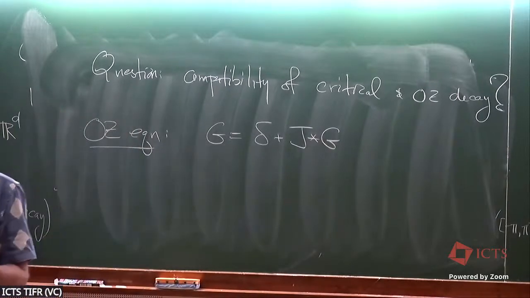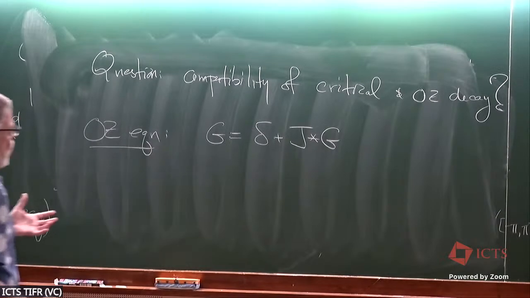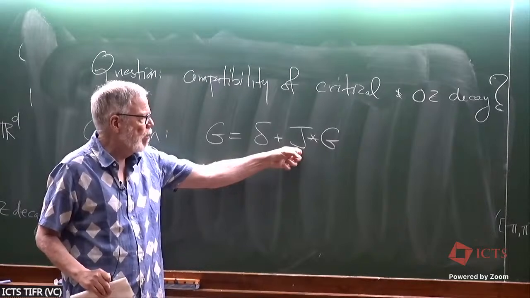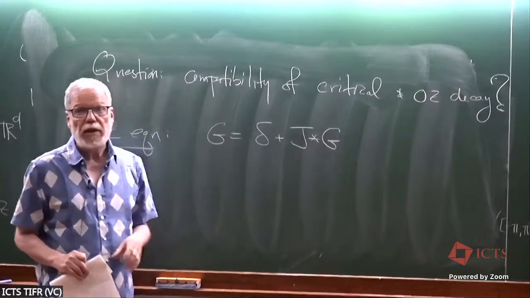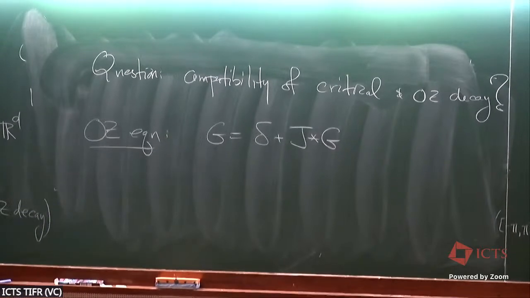So in our setup, this J for simple random walk, for example, would be what I call 2 times the dimension times capital D, the transition probability for simple random walk. It's something that you know. And what you want to know is, depending on what J I put in here, what is going to be the decay of this G for large values of X.